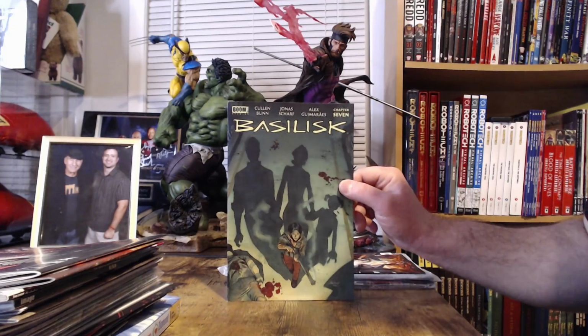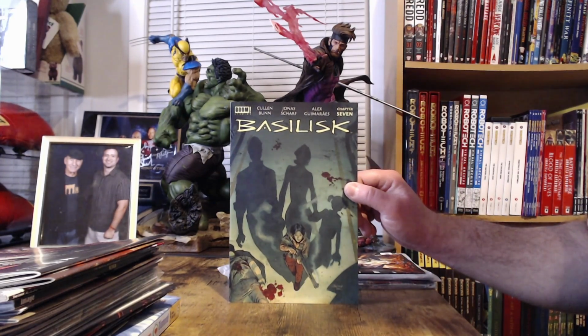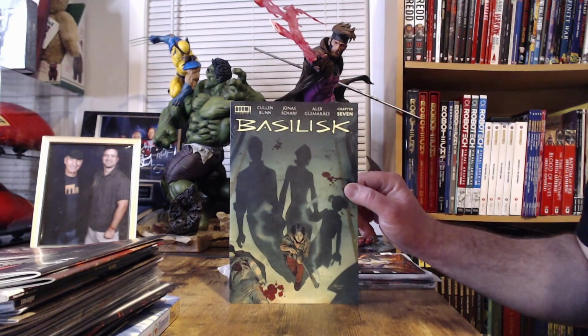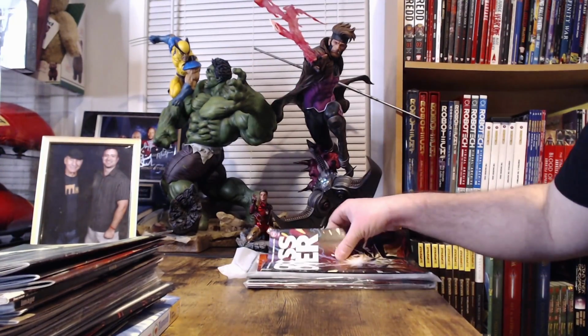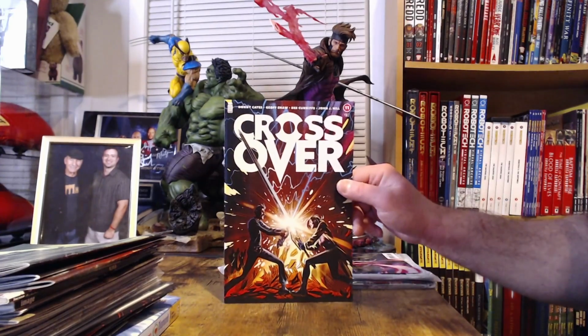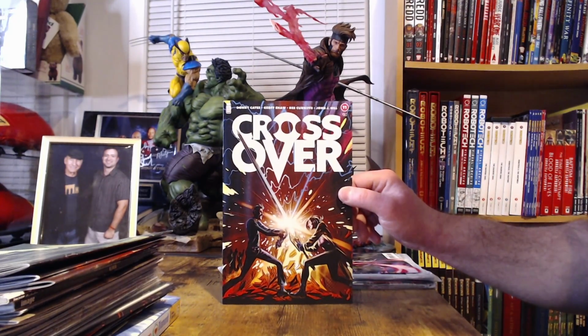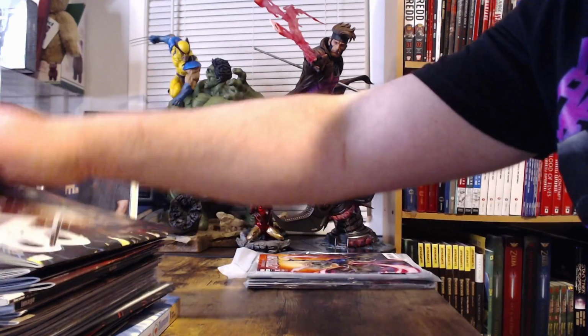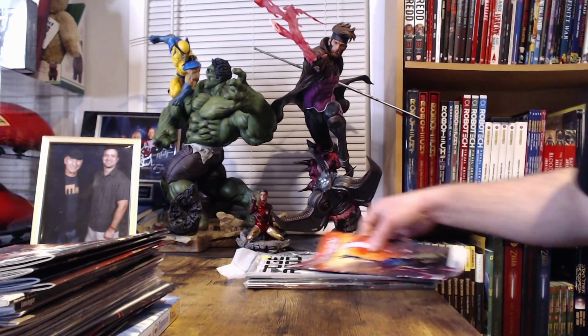And we got a little different one here. We got Basilisk, issue number 7 from Boom Studios, and this is cover A. And we're back to Image Comics. We've got Crossover, issue number 11, and this is cover A. And as far as the regular comics go,